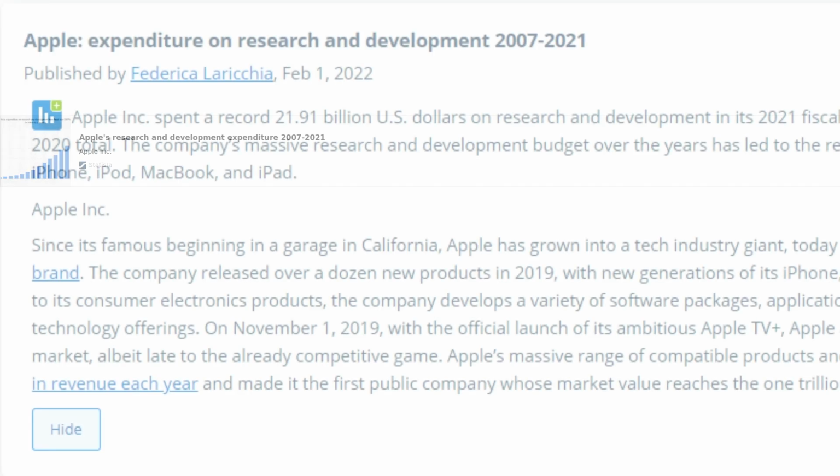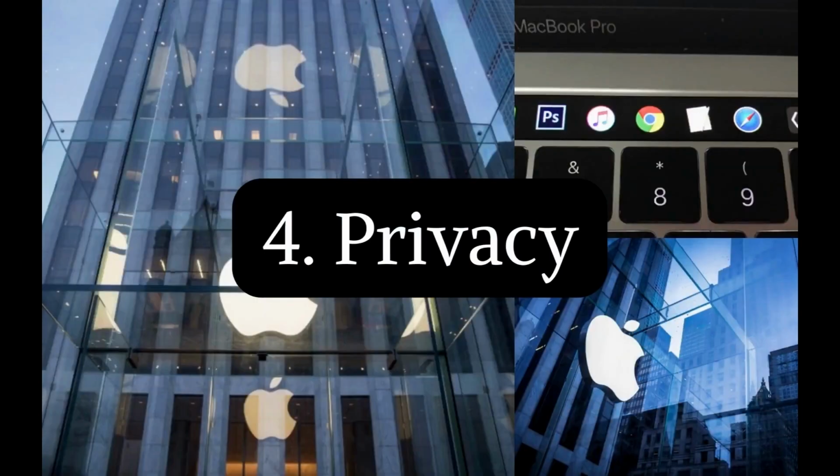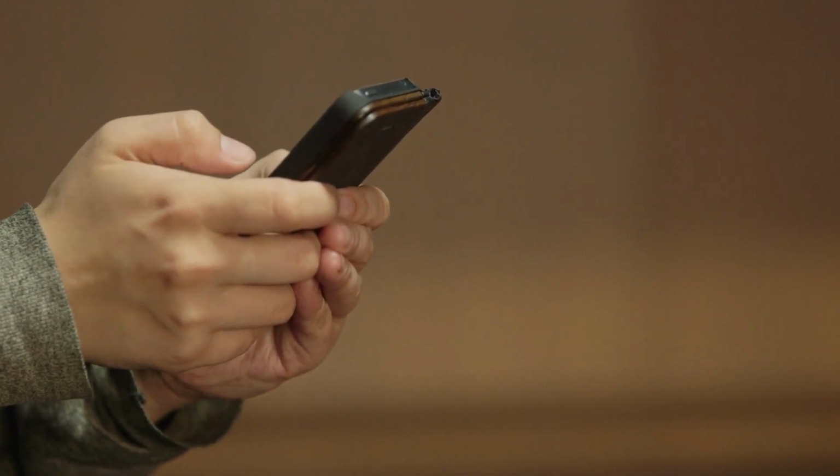To keep leading the tech industry, Apple has to invest heavily into research and development of new technology. According to Statista, its R&D budget has recently been as much as $20 billion. Number 4. Privacy. Apple also charges so much because it doesn't sell user data to profit, like many other companies,